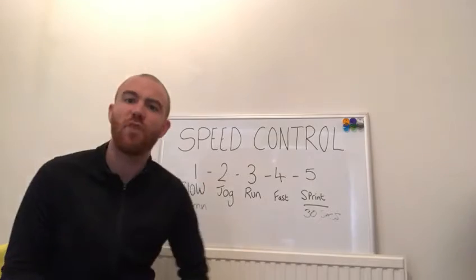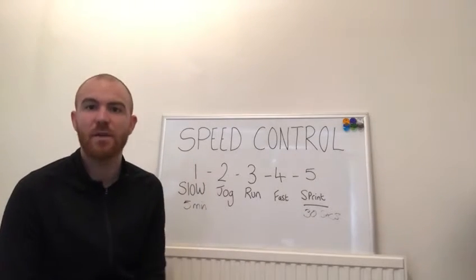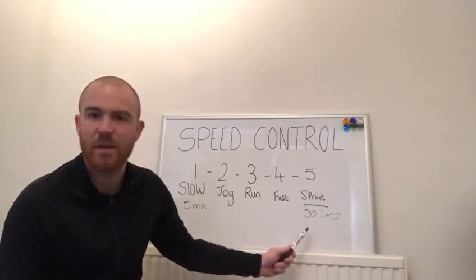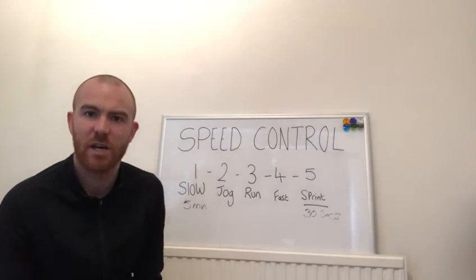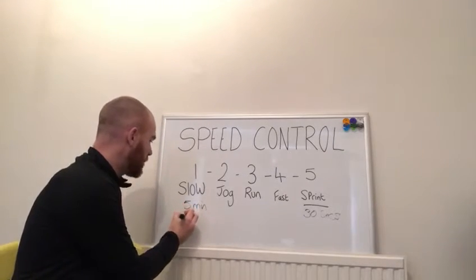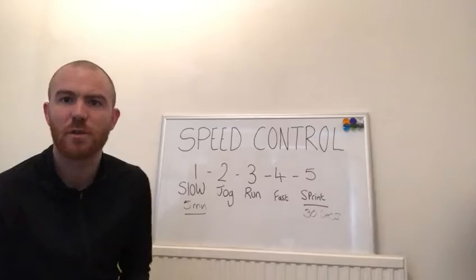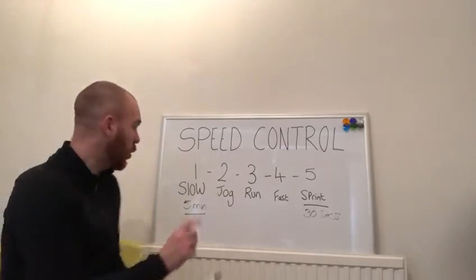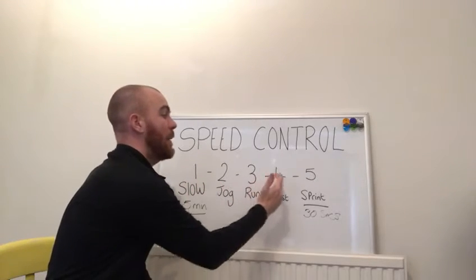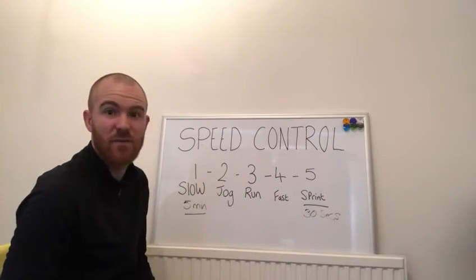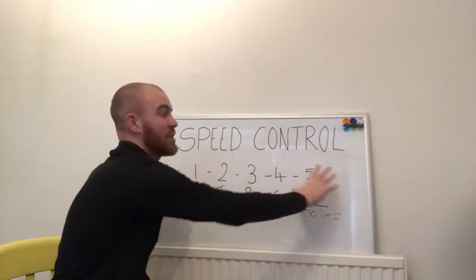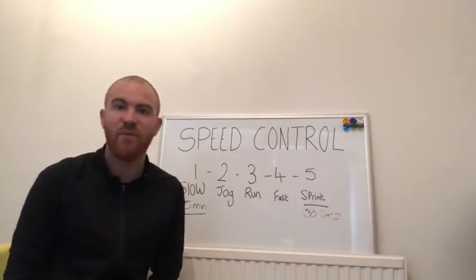So if you were running a 100-meter race, then it means that you might run at level 5, which is sprint, because it's going to take you a lot less time. If you were running 10,000 meters, you might have to run more towards number 1, which is super slow. Okay? And then all of the ones in between are there to try and really bump up and get faster as we go along towards the end of the race. You don't want to use all of your energy here, because at the end of the race, you're going to want to work up towards number 5.